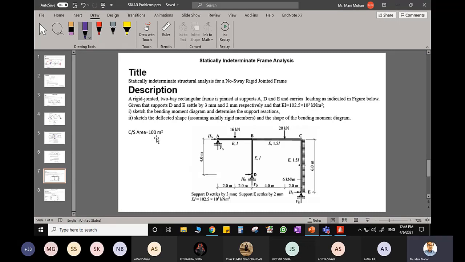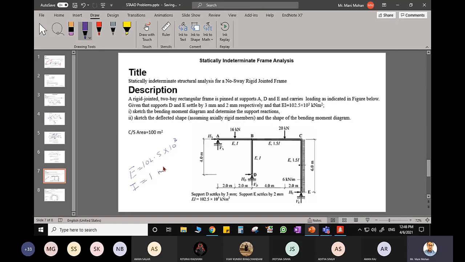Okay, so what I'll suggest, say if you consider Young's modulus of elasticity E equal to 102.5 into 10 to the power of 3, then what will be the moment of inertia? I value will be how much?